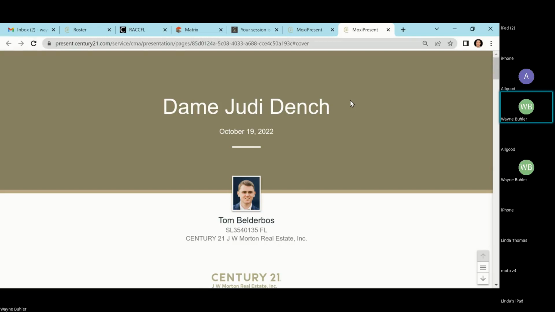You can change your little banner up top, and yes, your name is different, but overall, the Matrix CMA looks the same when we do it, when Remax does it, when ERA does it, when Tropic Shores does it, when Keller Williams does it. Same format, same presentation. So if you are competing with another brokerage and your presentations look exactly the same, it definitely doesn't stick out. And I will tell you, the guy that just has the biggest number on the last page is probably going